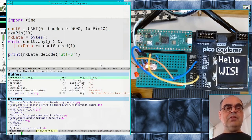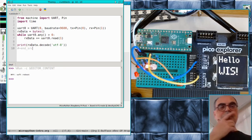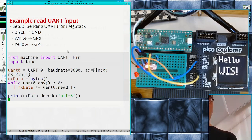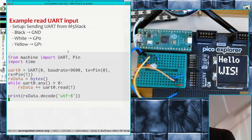Okay, and let's go to Thonny. I'm surprised this code is only reading one message, but let's try it anyhow. We can try to modify it. It says here my instruction is that I should connect this. I should take the black one, black should go to ground. Let's remove these. So you're trying to communicate between two different boards? Yeah, two different devices. There's no connection between them. I'll speak UART between them. So black goes into ground,